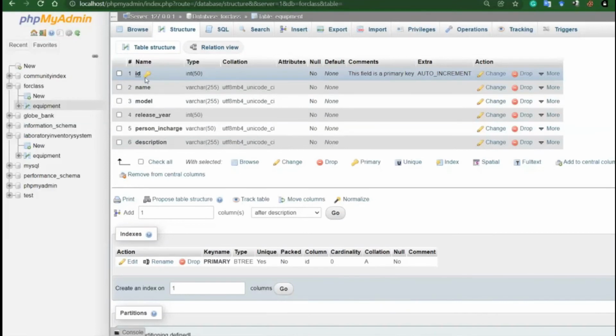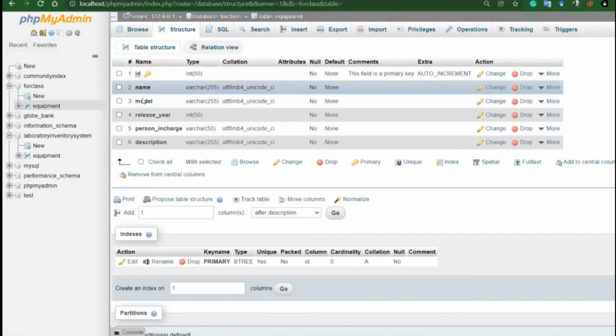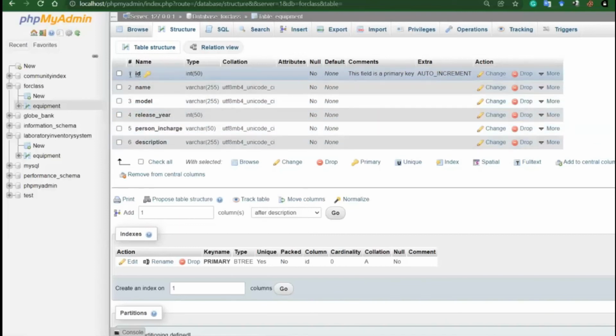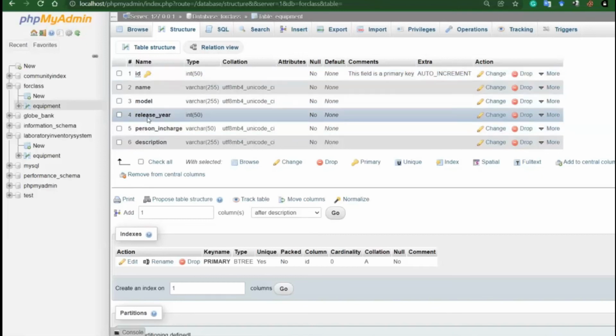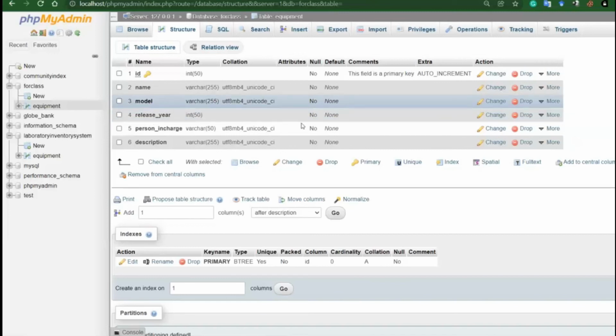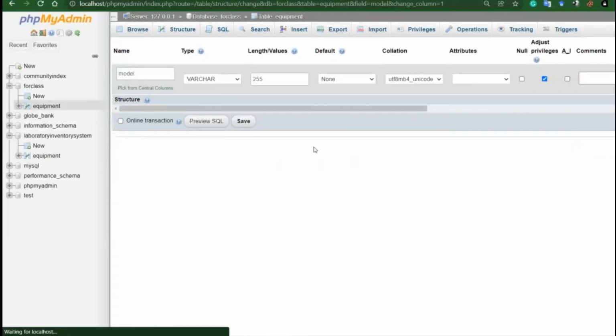So you see this field is a key, meaning it's a primary key. The name and everything has been defined. Still, if you want to modify any of this, maybe if you mistakenly typed a spelling mistake in the names, you can simply click this Change, and it will bring you back to this page, and now you can change again.